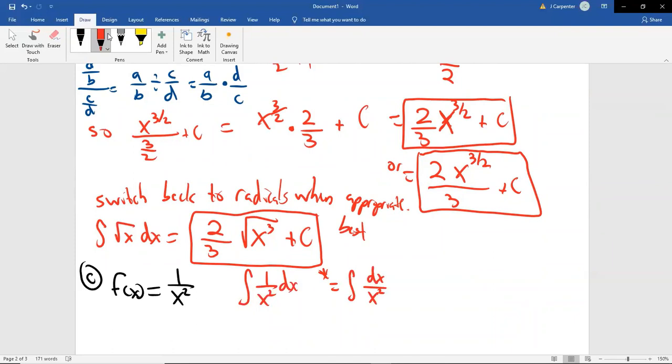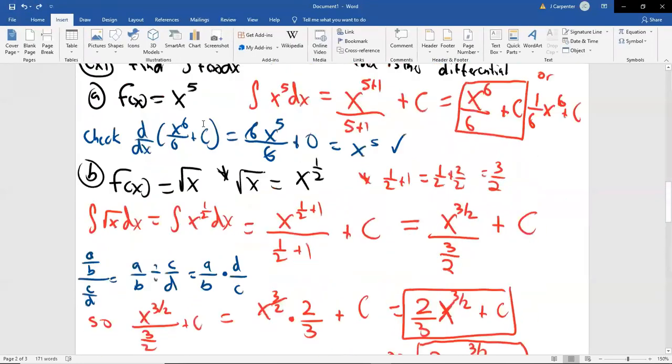You need to understand that they're one and the same, though, because you might see it this way, or you might see it the other way. So be prepared for both. I don't always just give you the function and ask you to do this. Sometimes you're just given the problem straight up. In fact, this is how I usually just go ahead and denote things. I usually don't give you the function and ask you to find the integral. I usually just say, find this integral. I might write it in the left way. I might write it in the right way. And I don't mean right as incorrect. I mean right-hand version.